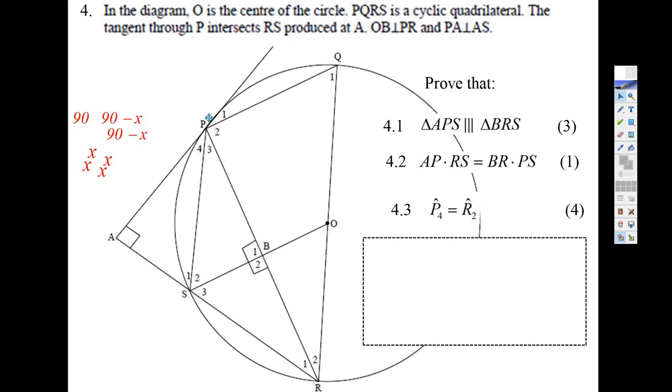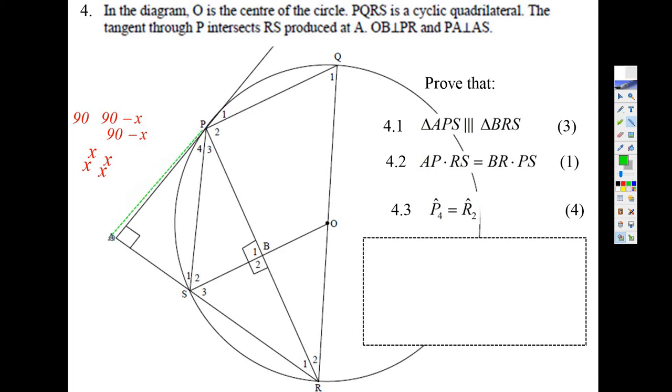They also say that PA is perpendicular. So they're telling you that angle A is 90 degrees. They're saying this is a perpendicular bisector from the center. And so those two are 90 degrees. There's all the information. Now what we're going to do, we're going to try and prove first that triangle APS,